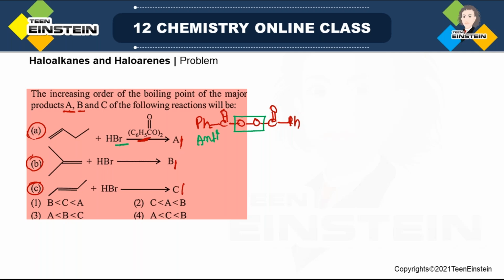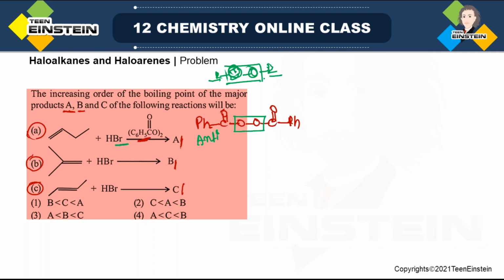So in the presence of some peroxide compound, not necessarily this peroxide only, the general structure of a peroxide may be like this, ROOR. These two R groups may be anything, but the important thing is that the peroxide linkage must be present. If this type of compound is there, then you have to follow the anti-Markovnikov rule,